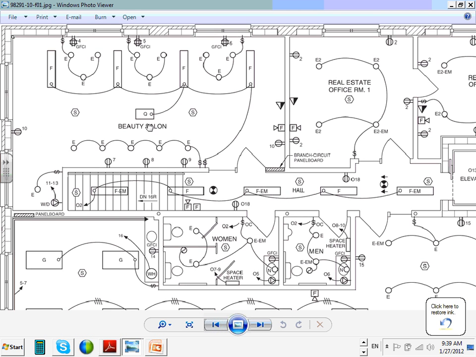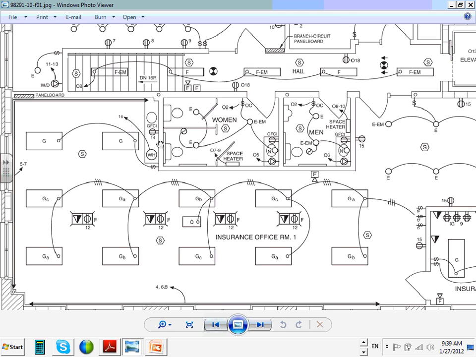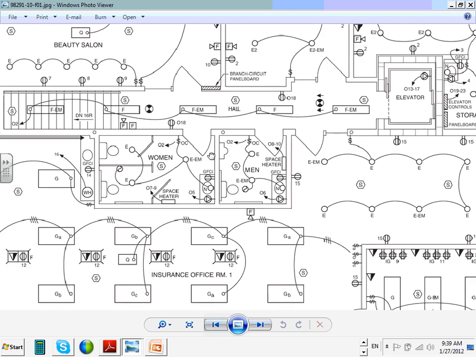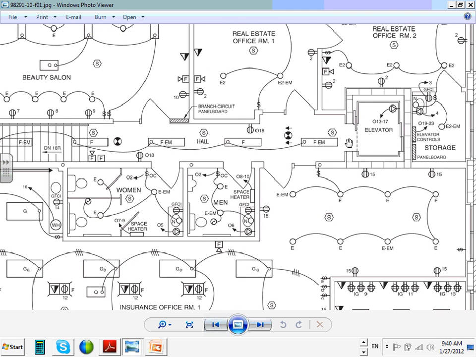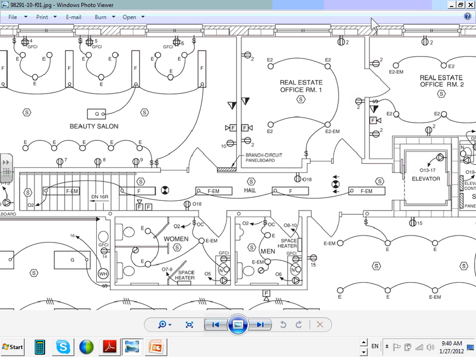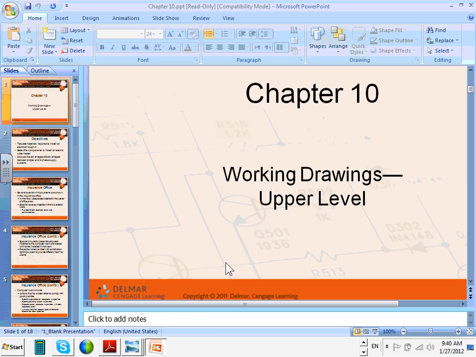What else do we have here? Okay, so that's about it. We'll keep visiting these as we go through. The last thing I'm going to go to is